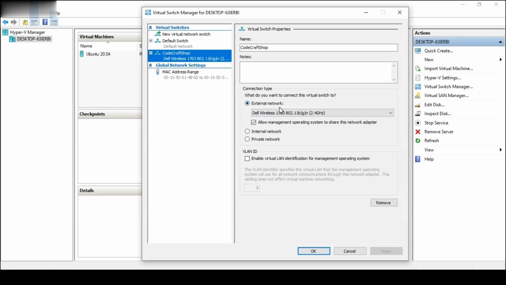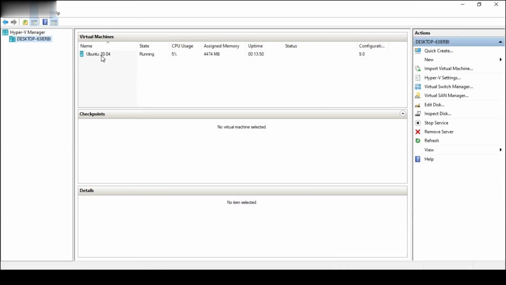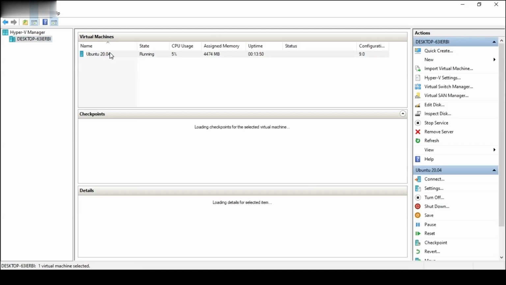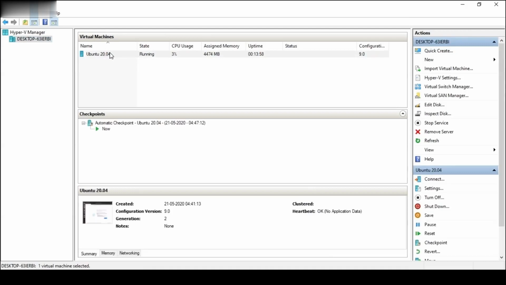So I will use that adapter for my machine. Under the settings, I will change the adapter to Codecraft Shop.